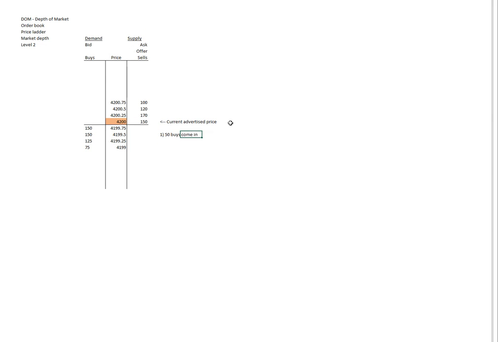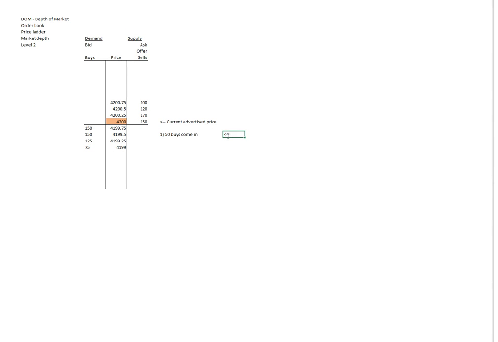There's a few things. One, and this is where it gets a little confusing, because it's a buyer, it's going to record in the system as an ask trade. So a buy records as an ask. The reason for that is that the buy is hitting the ask side. And so if we get 50, and we know that we have this 150 lined up here,